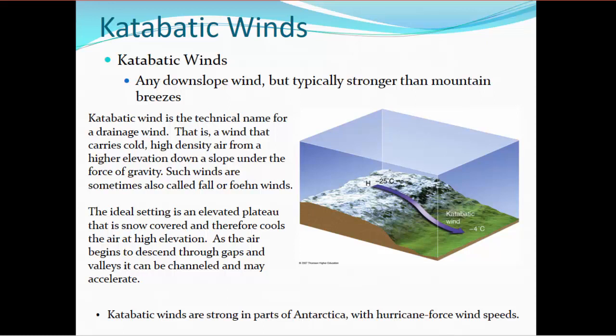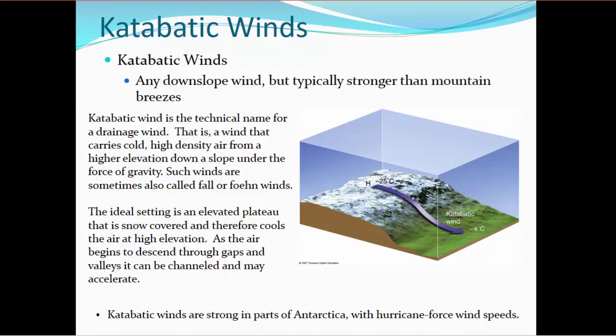And then once that colder air begins to build up and thicken, it will literally flow over the peaks at the top of the mountain and flow downhill, and the force of compression will warm it very quickly. So a katabatic wind is the technical name for a drainage wind, or also a gravity wind. That is a wind that carries cold, high-density air, colder air is denser, from higher elevations down the slope under the force of gravity. Sometimes these winds are also called fall winds or Föhn winds, Föhn being a German word